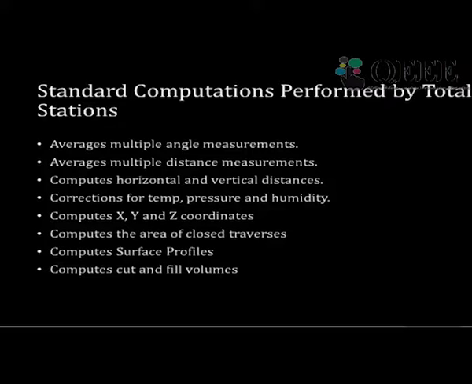Suppose the distance measured is 10 meters, next time when you are measuring it may be 10.01, and another time it may be 9.99, another time it is 10, another time it may be 10.02. So you will be getting different values even when you are measuring it 10 times. When you average them, the average value represents the most probable value of those measurements. This is very much required when you are going for very accurate surveying. So for that these functions will be useful.